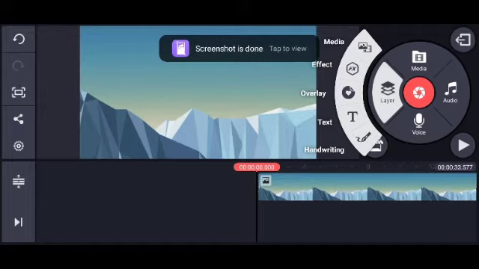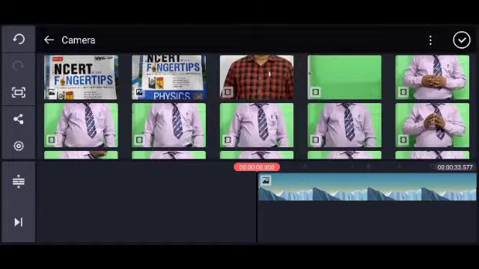Okay, now here we need to press the media. When we press the media, again we will go to that particular files part. There we need to select the media. Now that video, whichever you want to put, mostly the 20 minute video, we have to press.